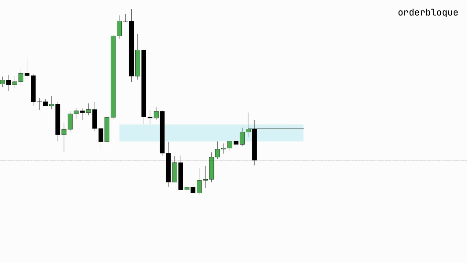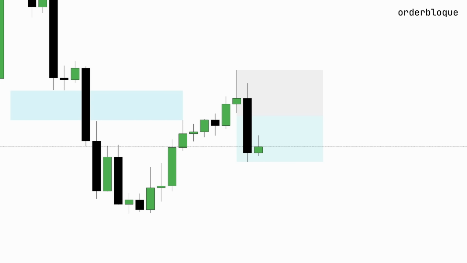formation of a rejection block, signaling an influx of selling volume. We also identify an order block as the support level breaks. Upon reaching the FVG on the 4-hour chart, the price halts and forms a second candle, establishing the minimum price. This scenario qualifies as a high-resistance dealing range under our second formula.